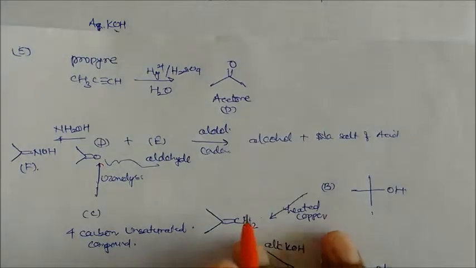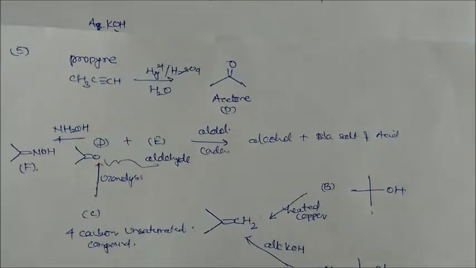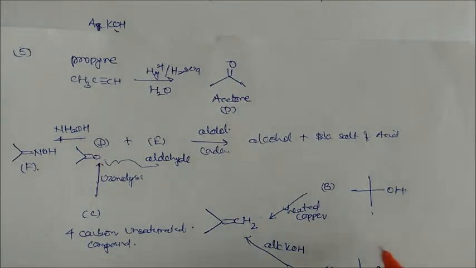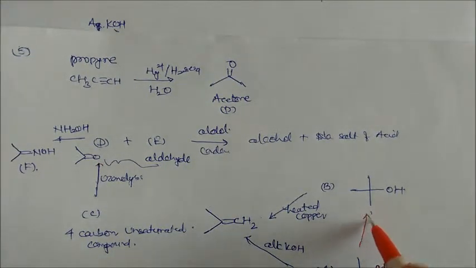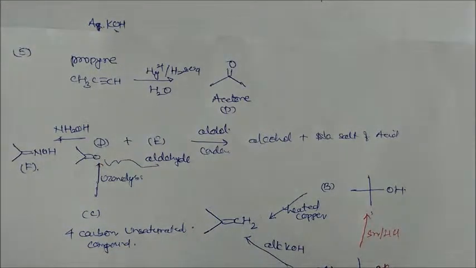So this is already C5H9. This is not Cl, it is Br here. This is the Br. So from A we will get this compound, and from A to B we can get by using tin and HCl. If you use tin plus HCl, we will get here C5H9Br. So alcohol is there.